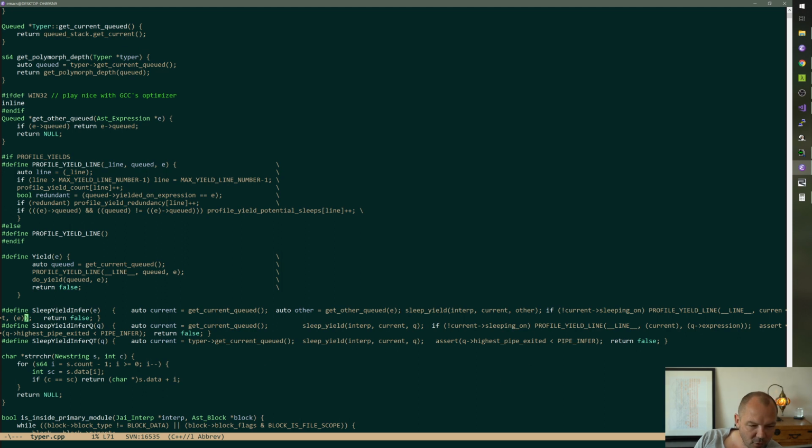What does this even have to do with anything I understand and can change? If not current arrow sleeping on, so current is not a parameter of the macro, so we don't need weird parentheses around that in any case.